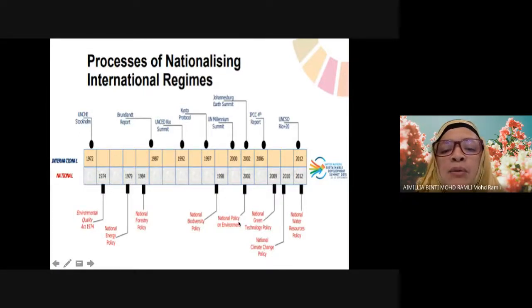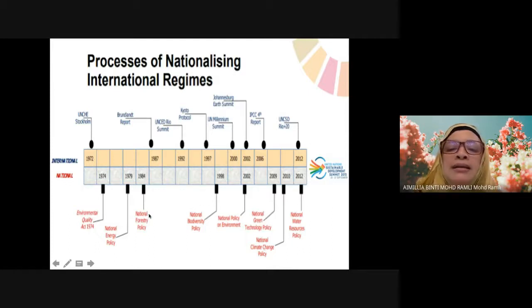And Malaysia came up with a national policy on environment. Okay, and then the IPCC fourth report in 2006, and Malaysia came up with the national green technology policy. Okay. So the national climate change policy happened in 2010, and then after UNCSD Rio+20 and other treaties, we came up with the national water resources policy. Okay, so now